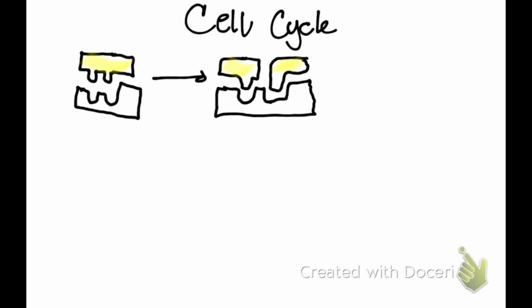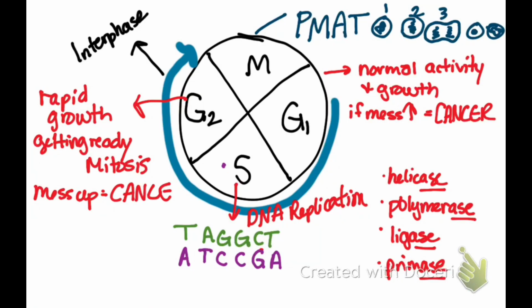So the reason I'm talking about enzymes as a part of the cell cycle is because a part of the cell cycle is the synthesis or the making, the replicating of DNA. And that process could not occur without the presence of certain enzymes. So in order to understand the full cell cycle, I have to know the role of enzymes. I need you to know if, and then we have,